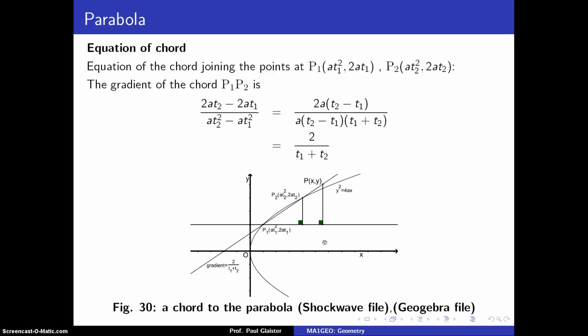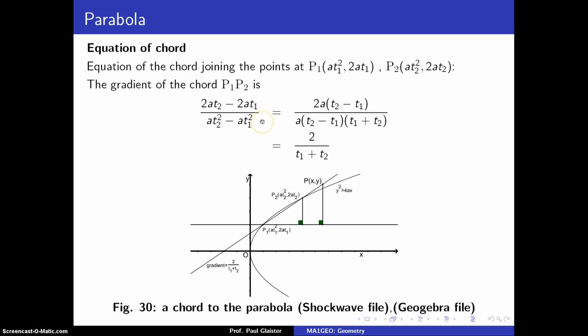But if we keep the two points P1 and P2 as indexed by the subscript 1, then we can draw the line segment that passes between the two and try and determine the equation of the straight line that represents that line segment, where P, x, y is a general point on it. Now first of all, in order to do that, we need to work out what the gradient of the line is, and of course because the line passes through P1 and P2, we know that the gradient of that line segment is the difference of the y